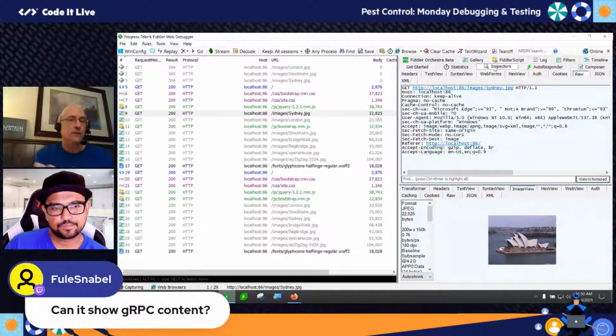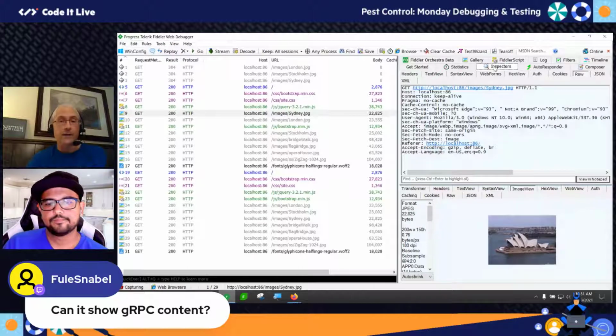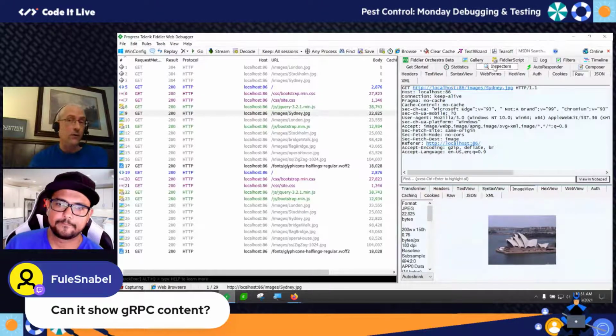So that WCF was a good example. People were asking for it, and somebody in the community went out and wrote it and said, here's the custom inspector. If you install this inside of Fiddler now, you get a much better view of that traffic than you would by default. So I'm not sure if someone has, for whatever you're looking for, if there happens to be a custom inspector or not, but that's what they can do, or that you could do, right?